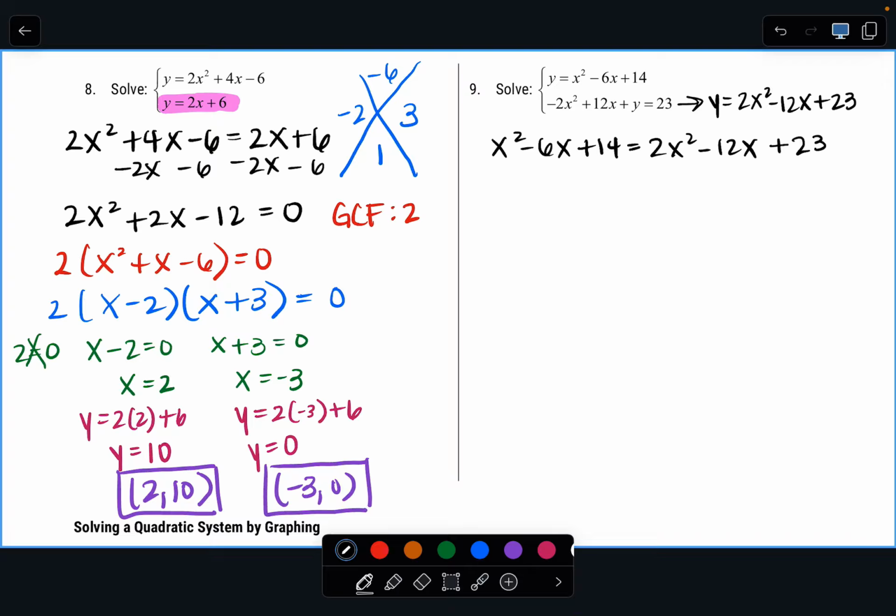So I'm going to subtract x squared, add 6x, and subtract 14. And that's so that everything on the left-hand side is going to cancel out. So I'm going to have 0 equals x squared minus 6x, and then 23 minus 14,